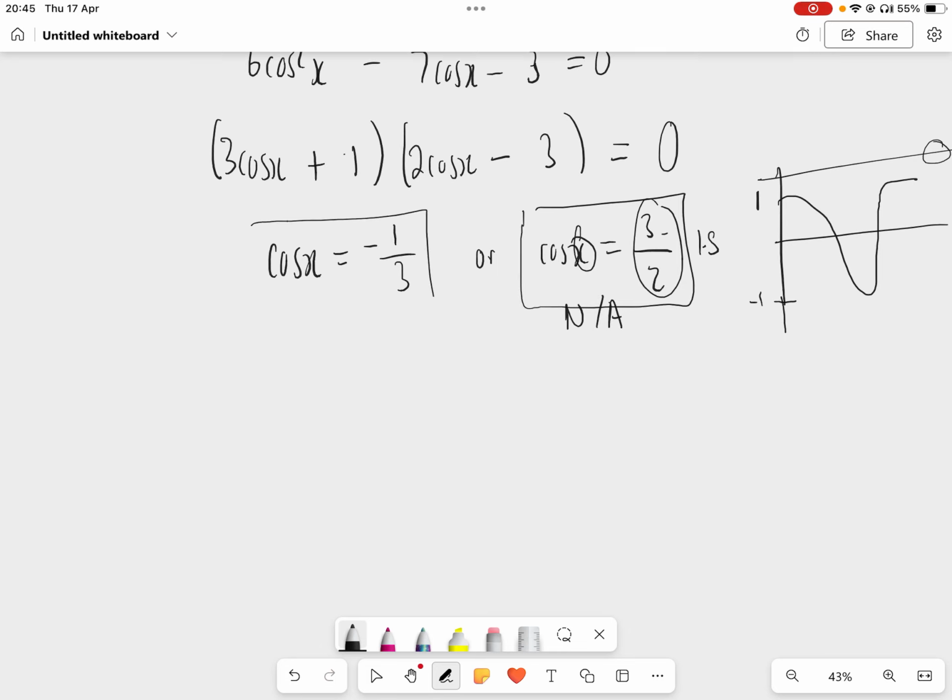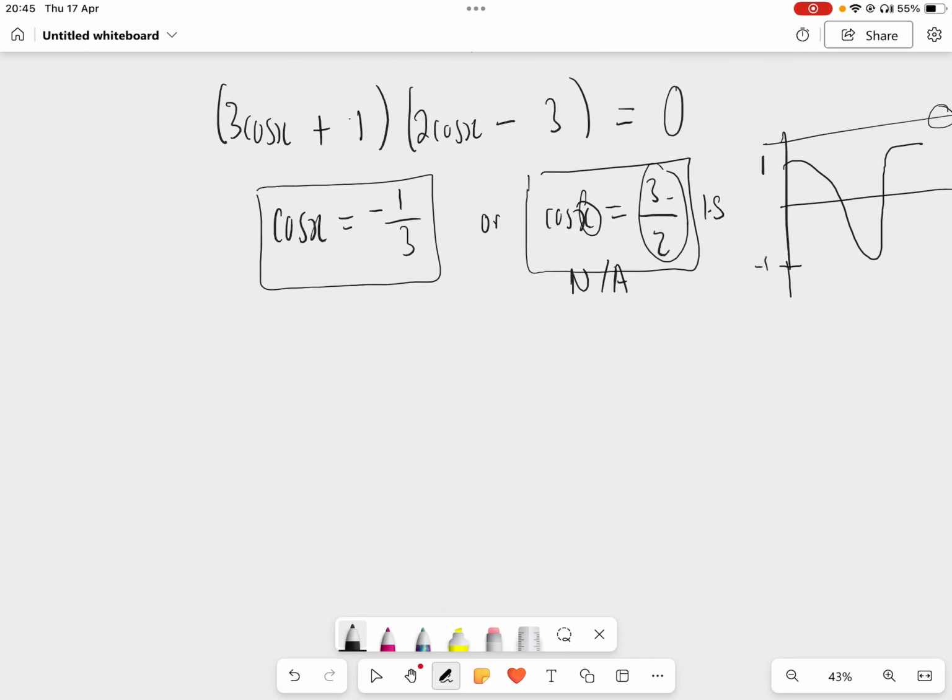But now I'm going to show you guys a simple way of doing this. It's called the calculator angle method. On your calculator, just say shift cos of negative 1 over 3. When you do your shift cos, you get about 1.91, right? So that means you're going to have an x of